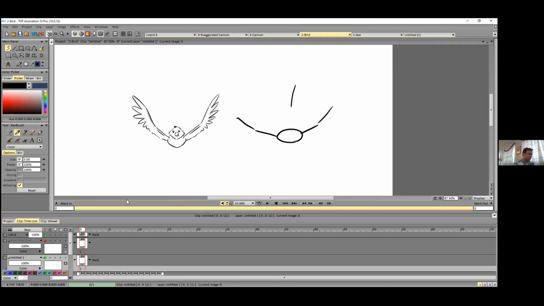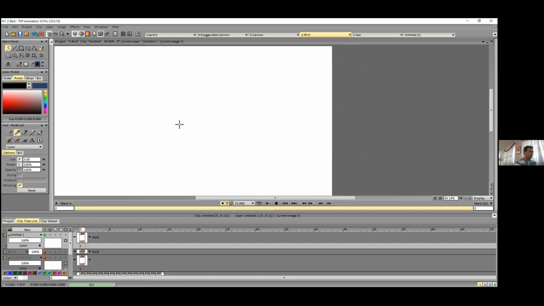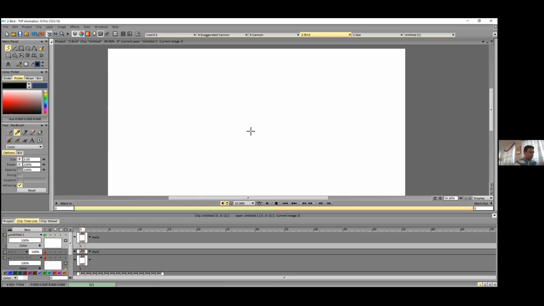Okay. Let me draw the keyframes. I turn off this layer and I draw an ellipse here as the body. I suppose that I start from this frame.